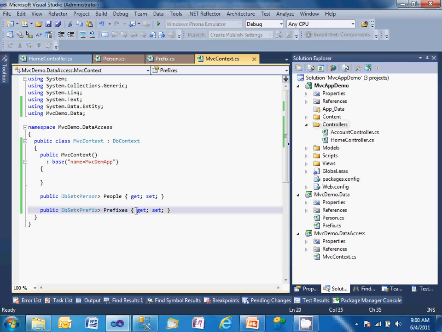What happens when you change the field? So the question is, what happens when your schema changes? The answer is, as you're doing rapid prototyping, you can add what's called a database initializer to your application. There are two types of initializers that are shipped with 4.1. One is drop and recreate the database every time I run. The other one, drop and recreate the database when the schema changes. So if my schema changes and I have that second initializer set up, it'll actually kill the database. Of course, it'll kill all the data you have in it, and then it's going to recreate it using the